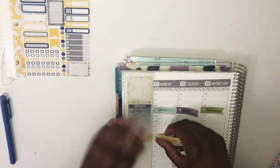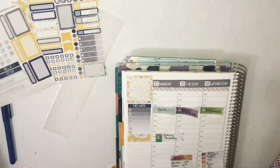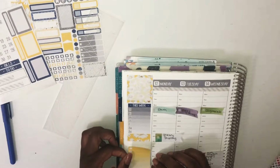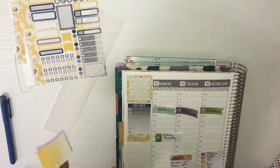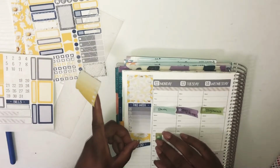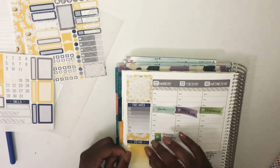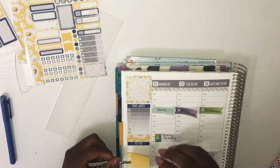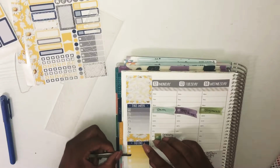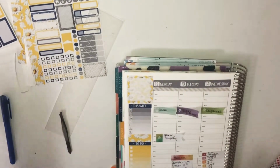I did put it under there just to tie in the full box at the top before I went ahead and put down the checklist, but then I felt like that was too much yellow. So I believe I went ahead and put the other header down, which is to do, and then put down the ombre heart checklist. Well, it's not hearts, it's square, but you know, the ombre checklist for the rest of this week. And I do like to track my extra to-dos